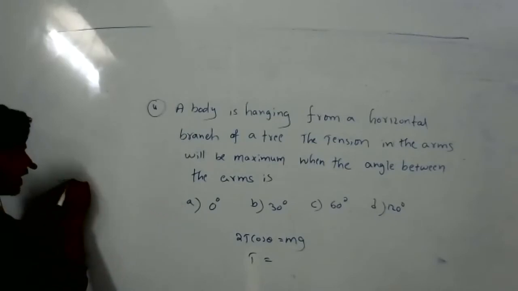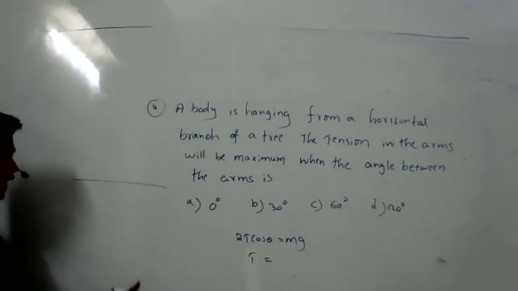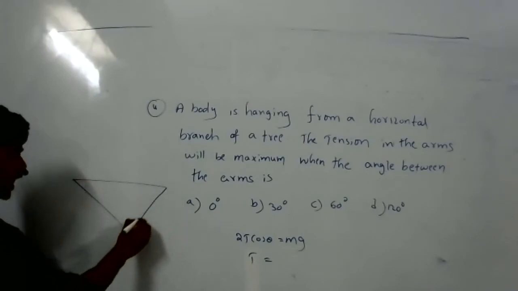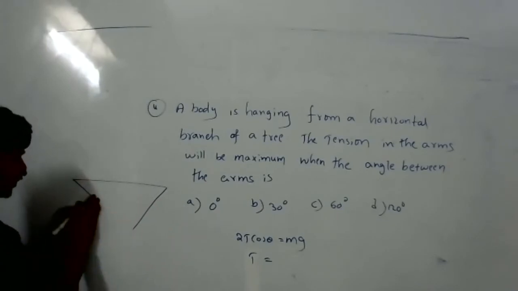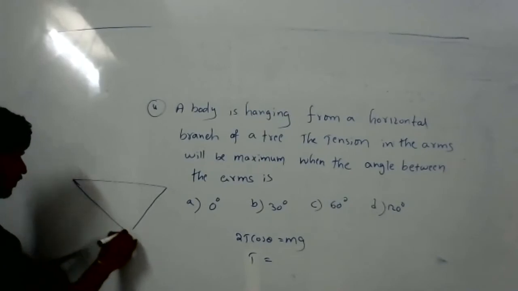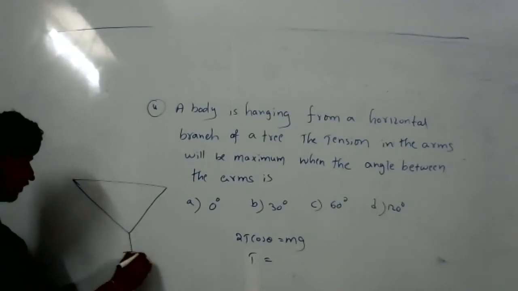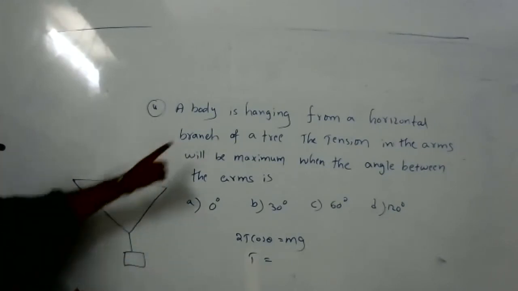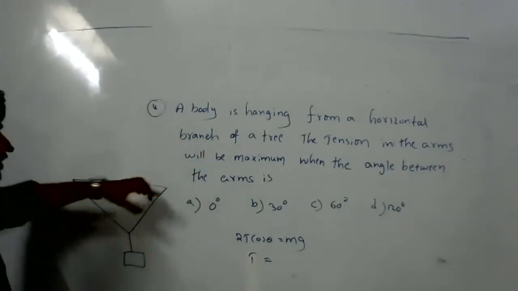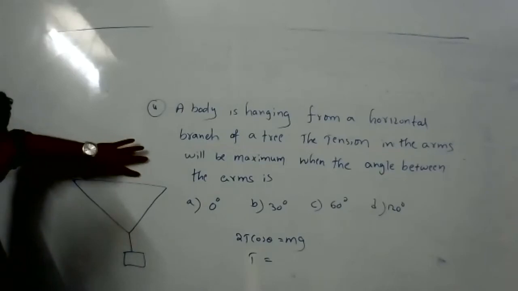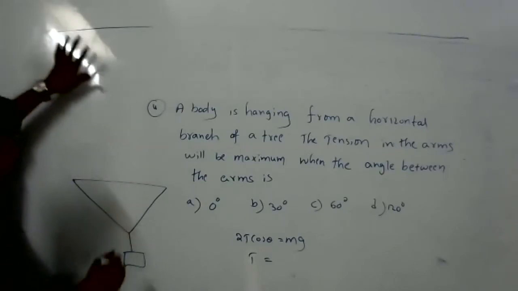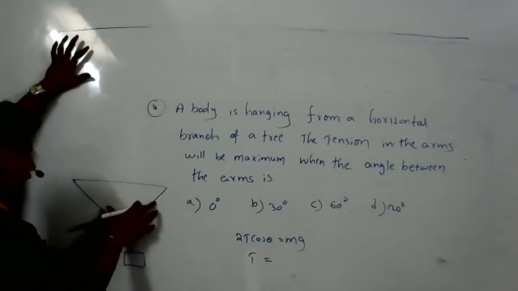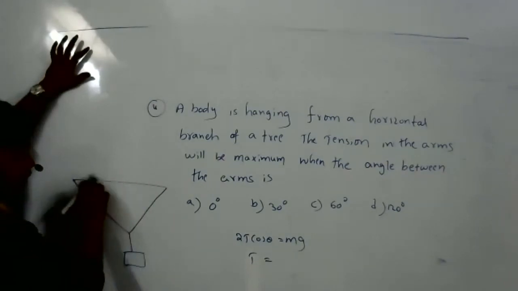Did you understand, Asmi? See, if it is the branch, one of the bodies is hanging, right? So once it is hanging, what will happen? It is hanging in the middle only, exactly. Okay, so what if it is hanging from the edge of the branch? What if a body is hanging from the horizontal branch, from the edge of that branch?